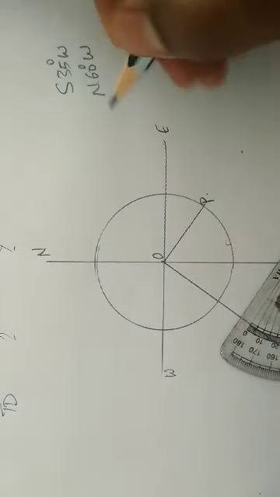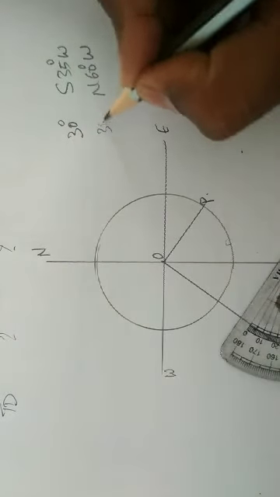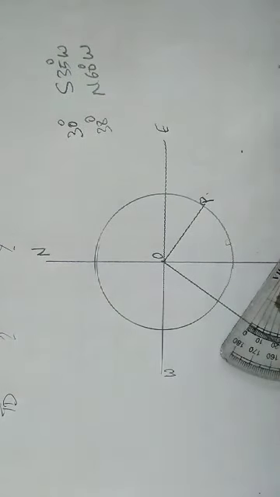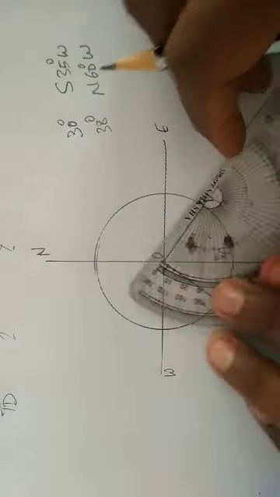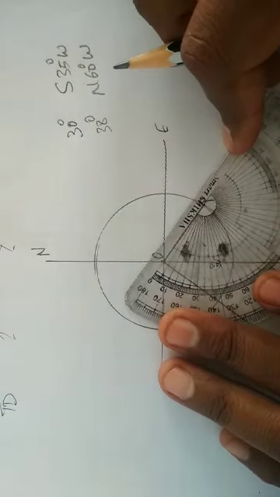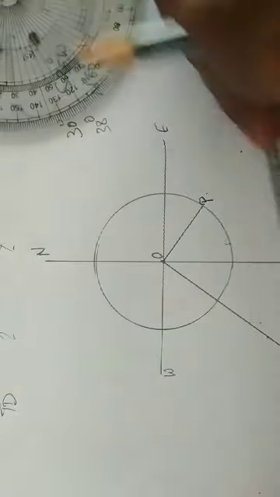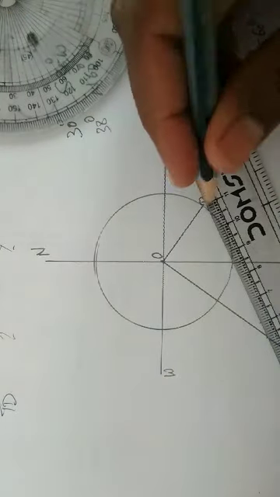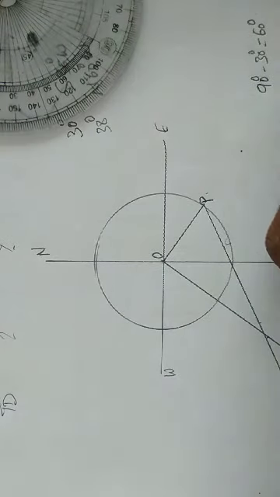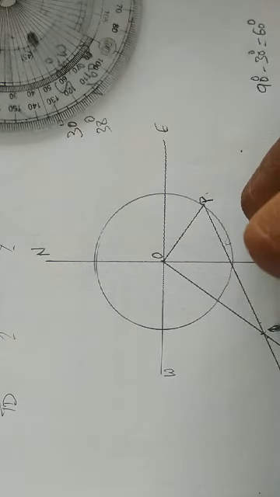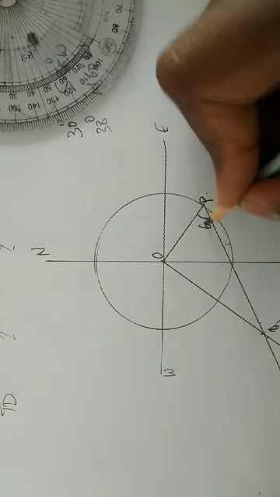From P, you need to draw the complementary angle of 30 degree, where 90 degree minus 30 degree is equal to 60 degree. So place the protractor on the point P and measure an angle of 60 degree. Then draw a line from P at 60 degree which touches the line AD1, that is apparent dip 1. Here it cuts the line AD1 at a point Q. Here it is 60 degree.